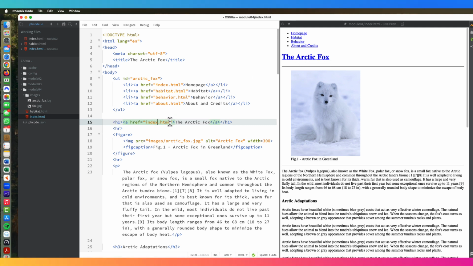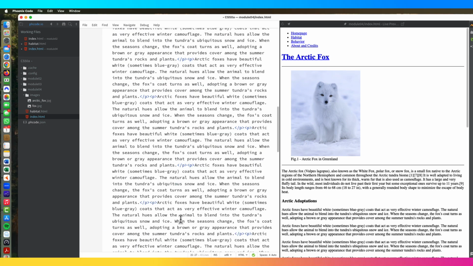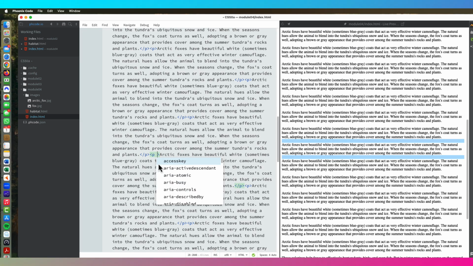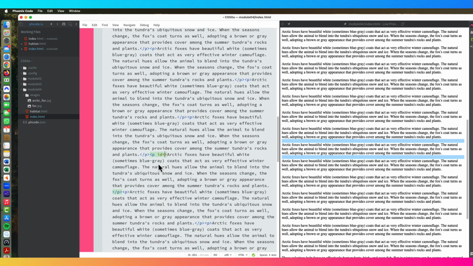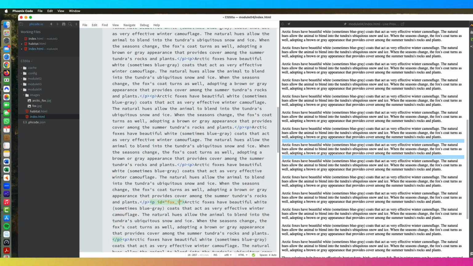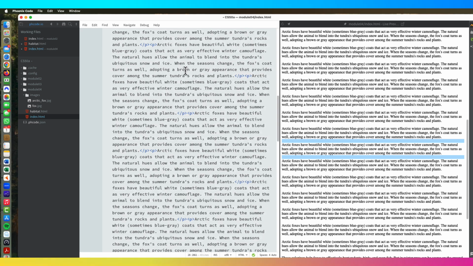And now I want to just say pound, and I'll say Fox_info. So now I can use this and click on it to jump to someplace else on this page. So if I wanted to make this paragraph Fox info, I could say ID equal Fox_info. Okay, so now when I test this,